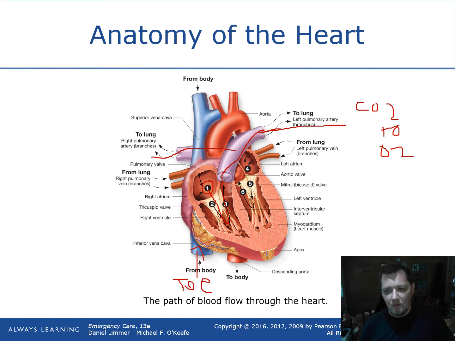Okay, and then once it gets exchanged, it comes back from the lungs, here, into your pulmonary veins, and then it goes into the left atrium through the mitral or bicuspid valve, and then it goes into the left ventricle right here, and then it goes up into the aorta. So this is your ascending aorta,